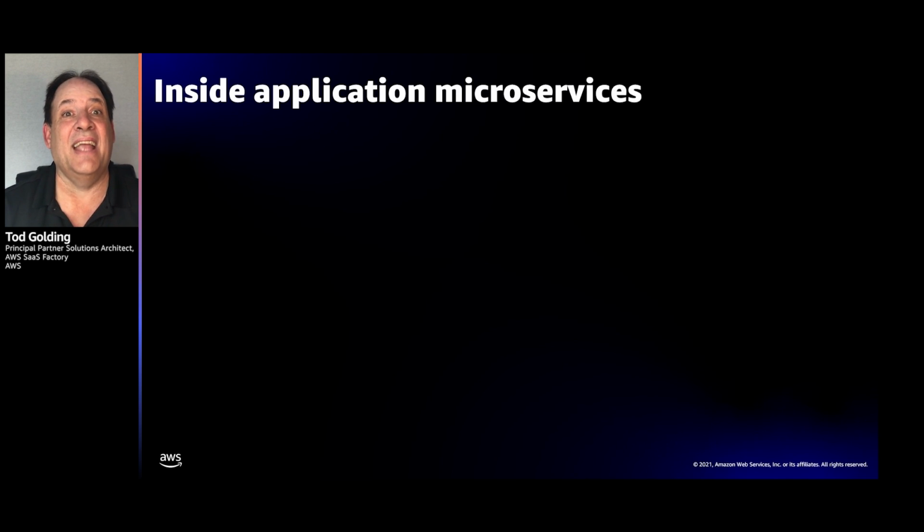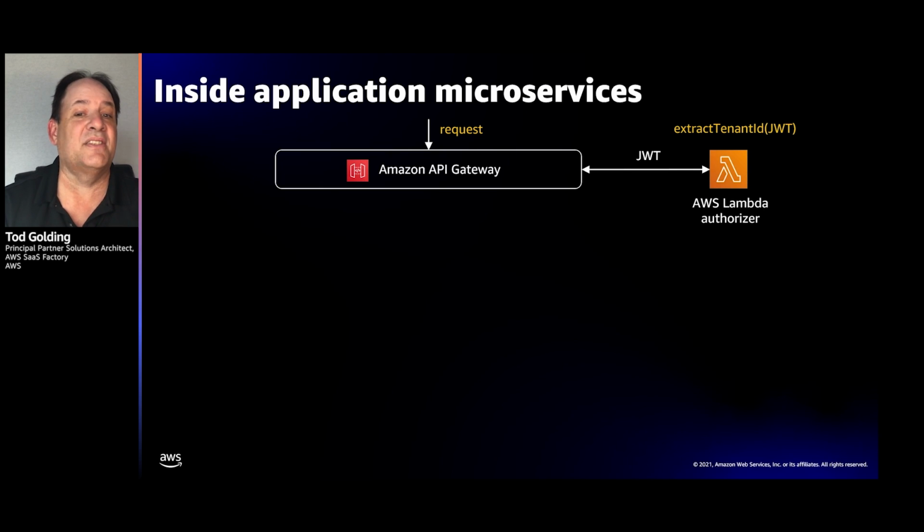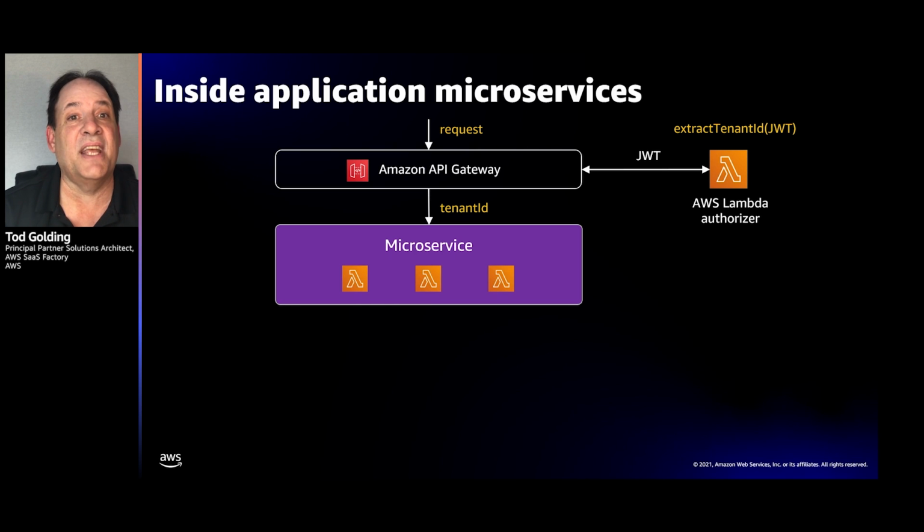Let's go inside the actual microservices and see what multi-tenant bits are actually in there. When I hit the gateway and I take a request, and that request is coming into my authorizer, yes, it's going to extract the tenant ID and send that tenant ID into my microservices. But now my microservices have to do things that require tenant context. Log a message with tenant context, record a metric with tenant context, access data with tenant context.